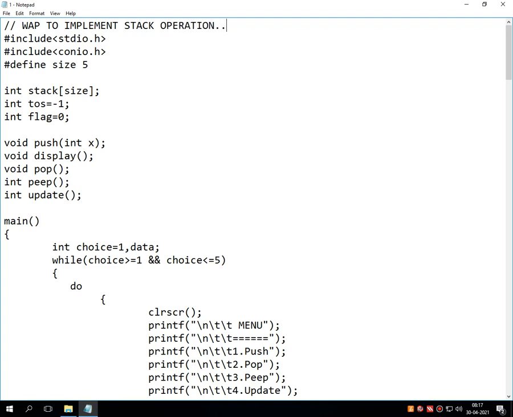Simple. Keep it to a single line. Remember that we have implemented all the stack operations using the one-dimensional array concept and various types of UDF.